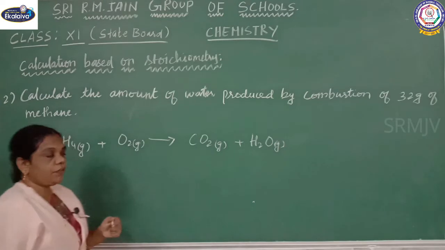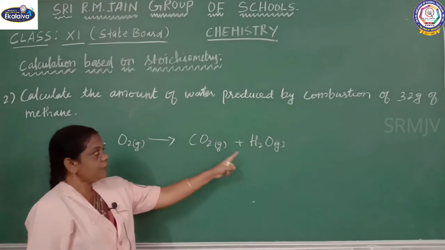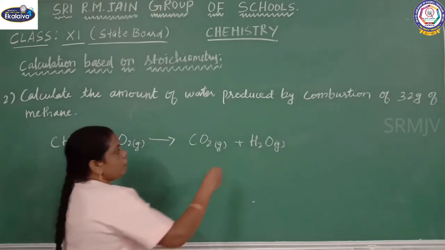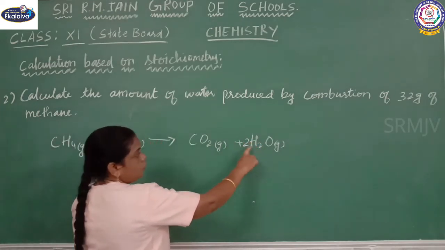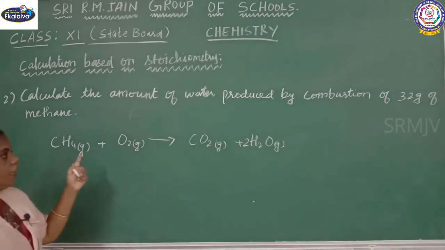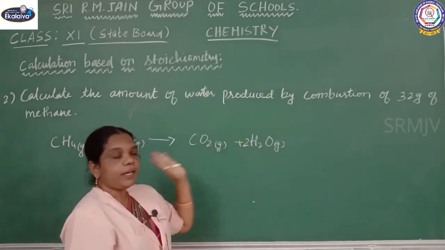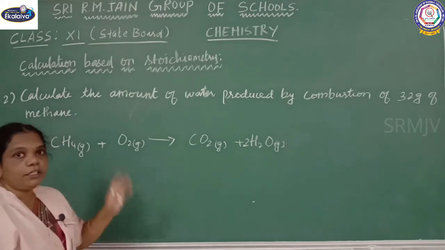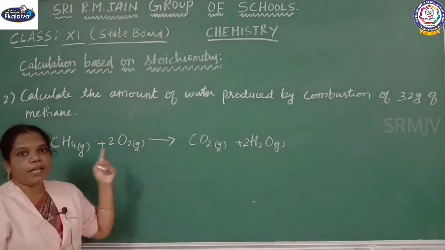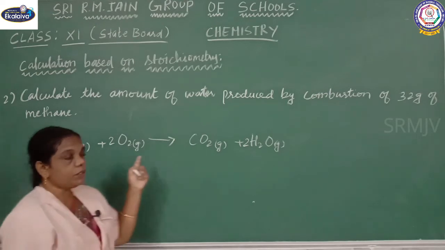Now you balance the equation. How many carbon? 1 carbon. Oxygen: 2 plus 1, 3 on the product side, and 4 hydrogen here, only 2 there. So if you put 2 here, 2 into 2, 4, hydrogen is balanced. Now come to oxygen: 2 plus 2, 4 oxygen on the product side, and on the reactant side only 2 oxygen. So if you put 2 as the coefficient, oxygen is balanced. This is the balanced stoichiometric equation for the combustion of methane.